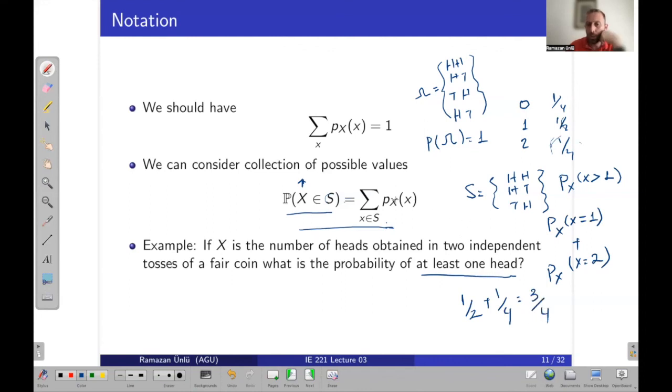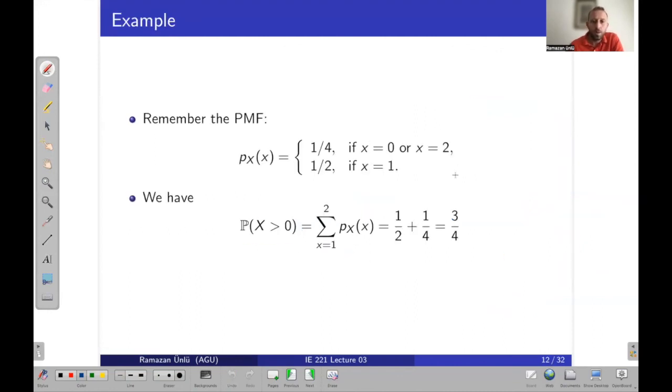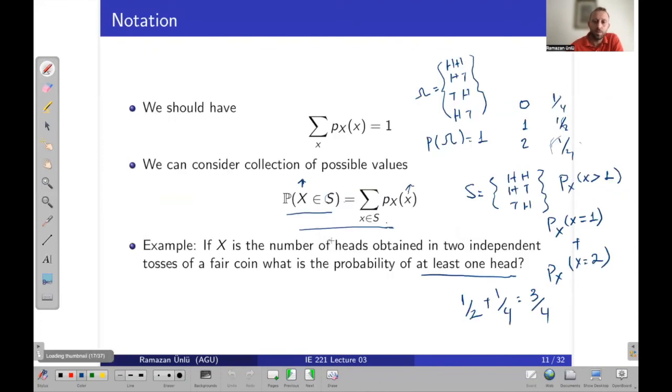So what we did, we summed the probability of each possible value that x can take in the case of x in S, and this will give us the probability of random variable x, which is in S. Okay, so you can also use this one. So this is the solution of this one,